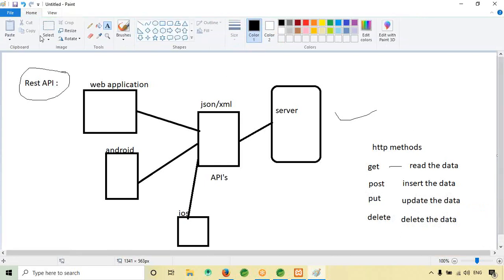These are the HTTP methods we have, and we will be using all of them in our APIs. Now we are going to implement REST APIs in our project.